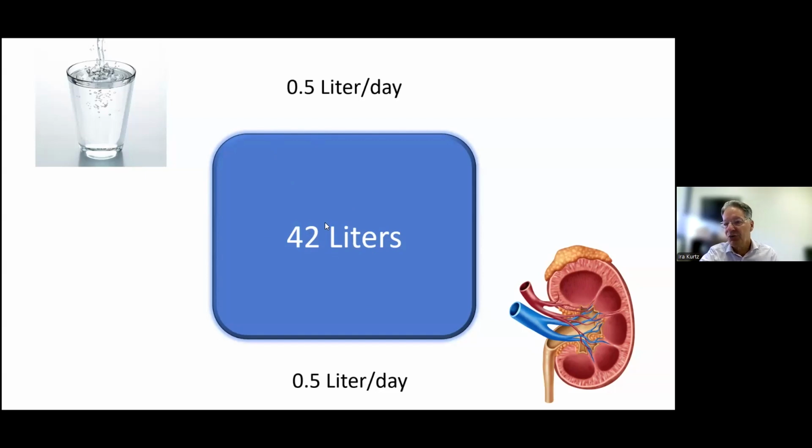Conversely, you might decide you don't want to drink that day consciously for some reason, or you might not have access to fluids. And let's say your total fluid intake was half a liter, where your kidney will shut down to the extent it can, such that your total output will be about 0.5 liters a day. Now, again, this is an example that's not that accurate, because the lungs and the skin are still going to lose about 0.9 liters of water a day, which is fixed. And so even though the kidney is trying to shut down here, you're still going to end up being a little negative.